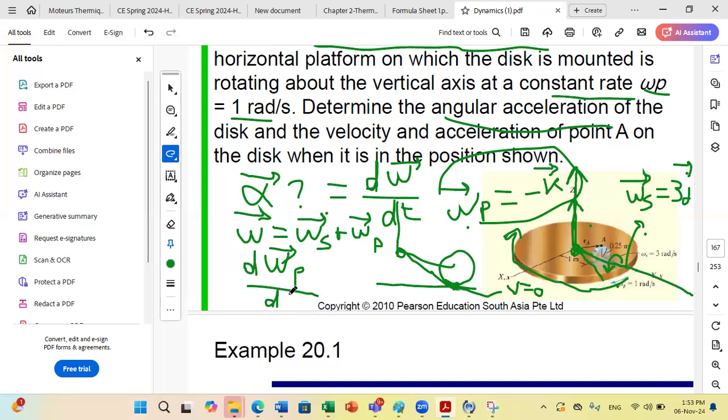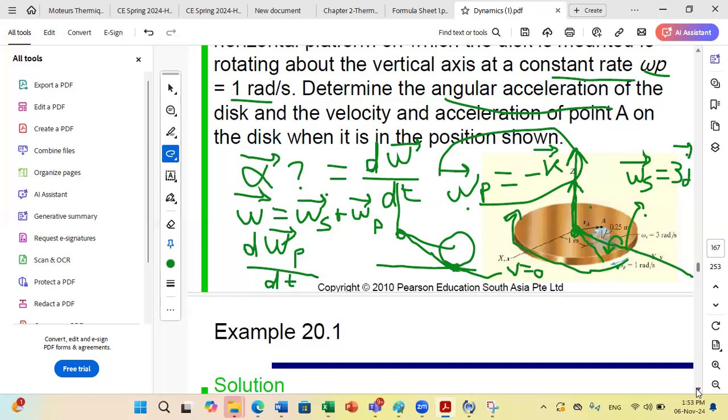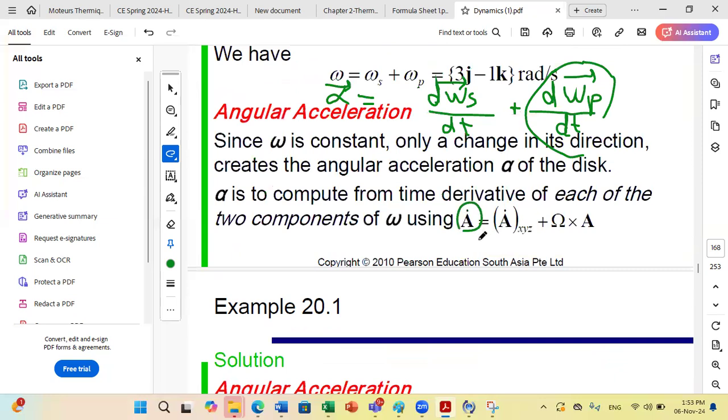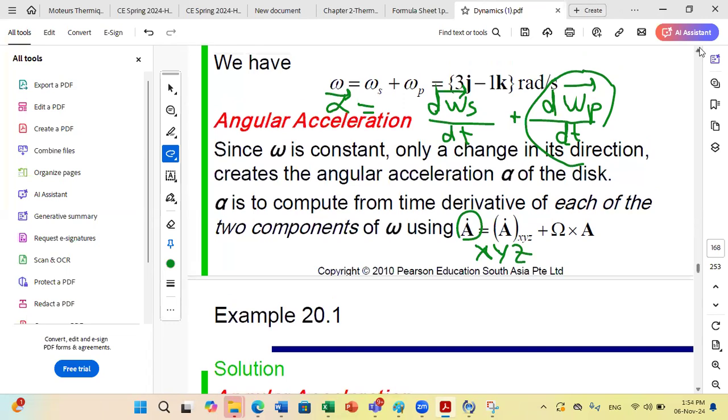Now, if I didn't notice this analysis and wanted to use the general formula that I just learned, what is this formula? It states that if I want to derive a vector in big X, big Y, big Z, and get the derivative as seen in the absolute frame, it is equal to the derivative seen in small x, small y, small z, plus omega vectorial A. If you want to apply it on omega p, omega p is fixed in direction in both small x, small y, small z, and big X, big Y, big Z. Why? Because if you look at the figure,